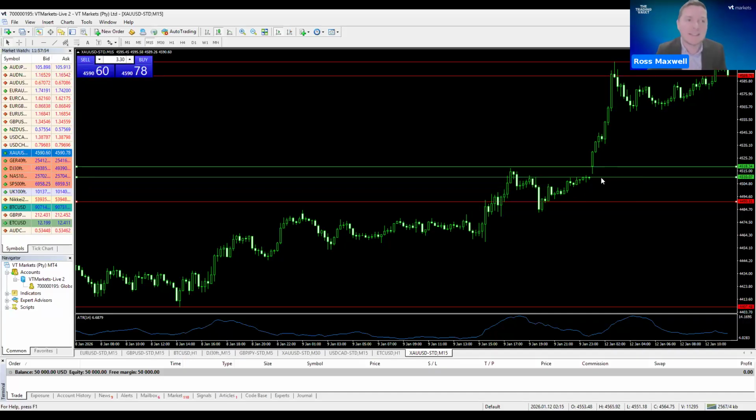So if the market pulls back into this area, it may want to fill that little gap where no price has happened. The market may want to come back into this area, which provides a good opportunity to go long. You've got a gap there, it's at a support zone, and it's with the overall context of the market. Really good opportunity to go long there around 45.10. Stop below that zone, and you can target.